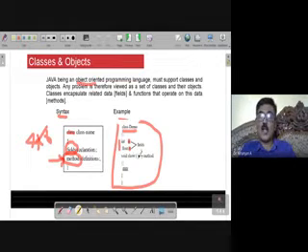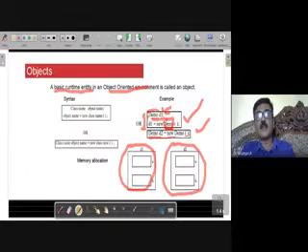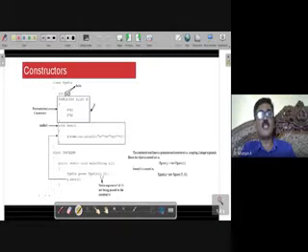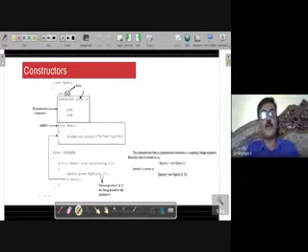So a constructor is also a method, but this is not a constructor. This is a method called show. Along with this method, I can also use another method, and that method is given a special name. That method is called a constructor. So what is a constructor? Before giving this particular definition, let me go to this particular example directly.